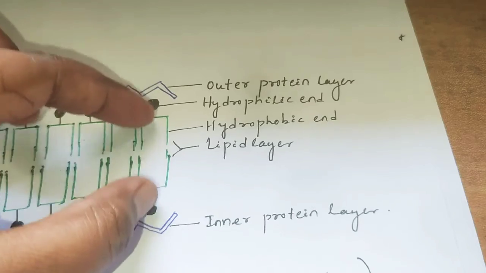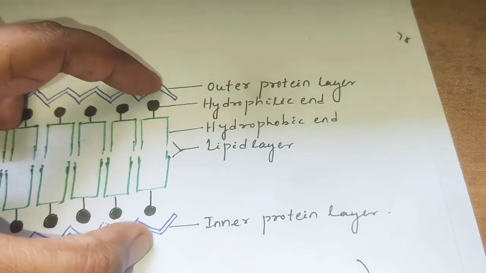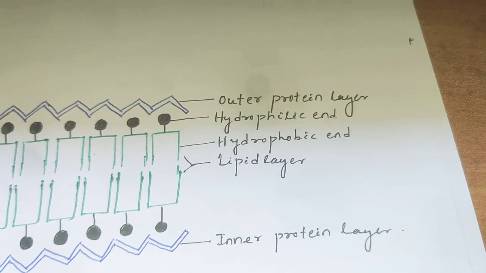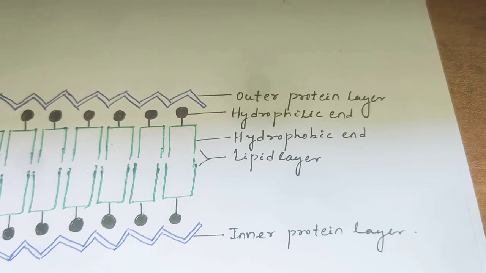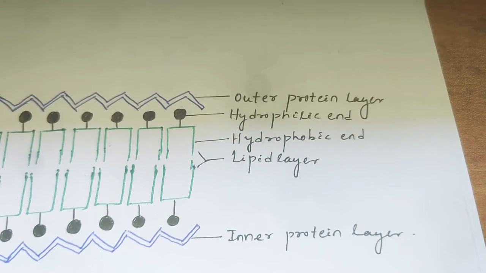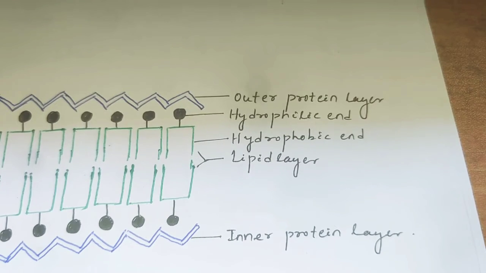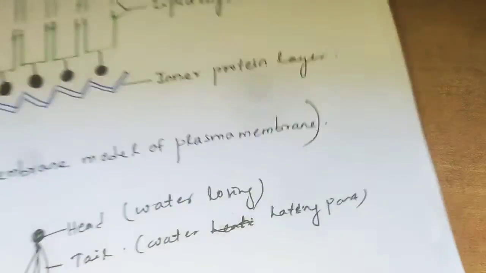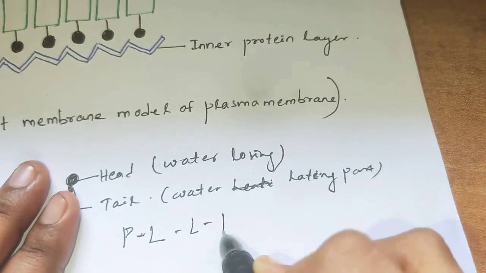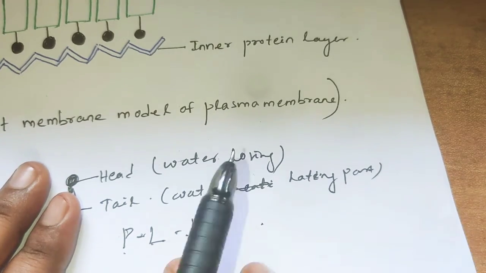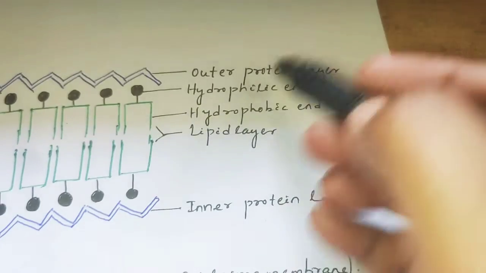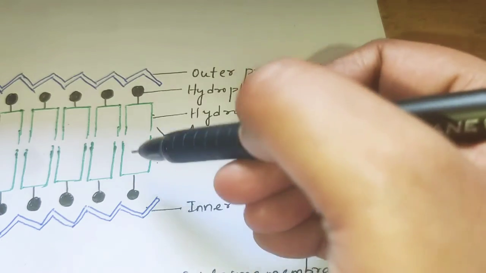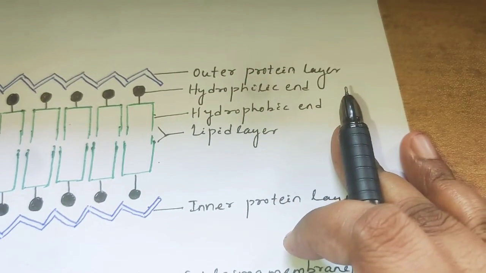Here two lipid layers are seen. Likewise, there are two protein layers and two lipid layers. One important thing: it is known as a trilamellar structure, but it has 4 layers. You can see first protein, then lipid, then lipid, then protein. It is also known as the PLLP model. So the first layer is protein, then lipid, then protein. So here 1, 2, 3, 4. It shows 4 layers.